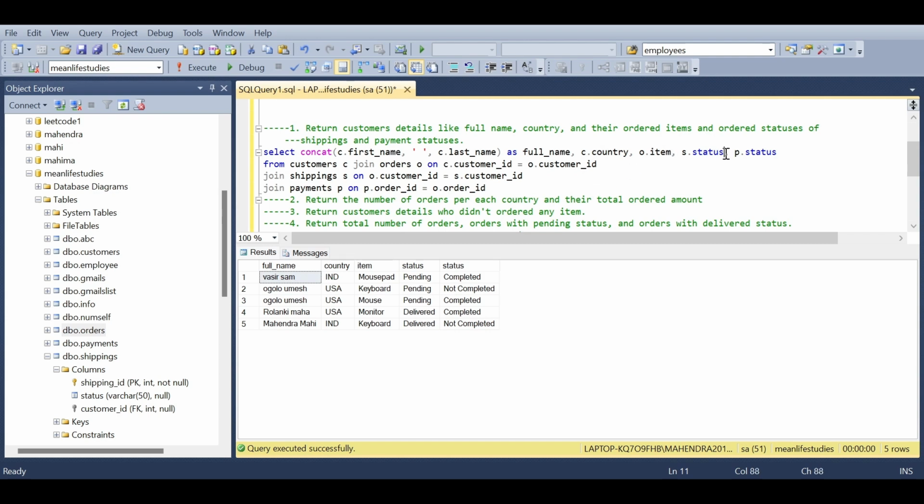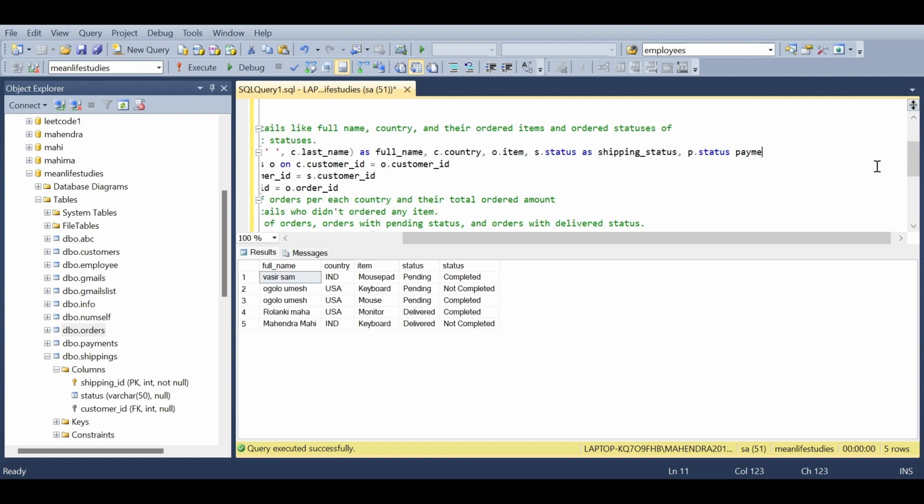Okay, as shipping status, and this status is nothing but the payment status. Okay, now if you execute this one,